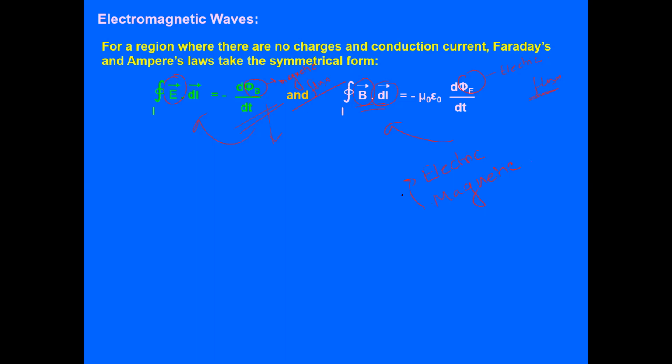both can produce the other phenomena. Electrical property can be produced by the magnetic property, as well as magnetic property can be derived from the electric fields. That means these two things are related to each other. Here is the equation where the left hand side is E. In place of phi B we can write B dot ds. That means the left side has electric field and the right side has the magnetic field, or better to write, rate of change of magnetic field, which is producing the electric field.